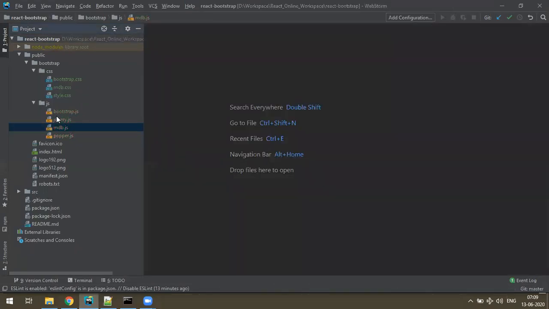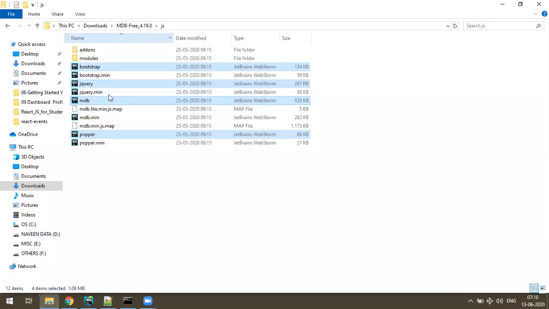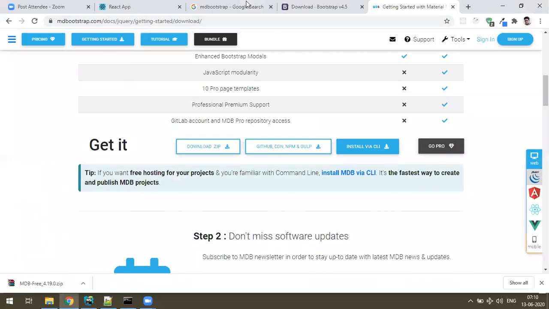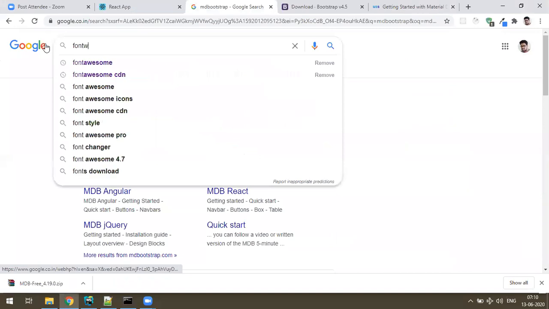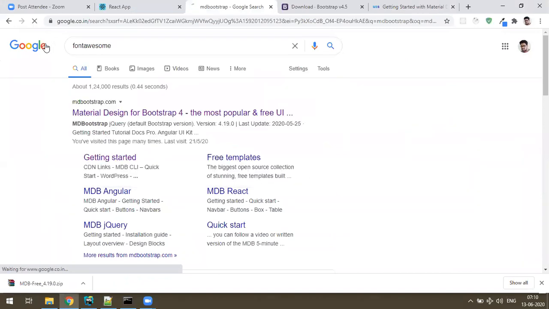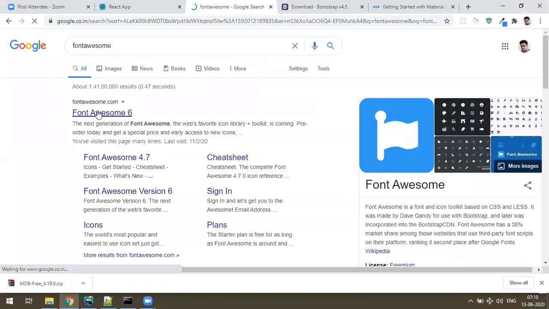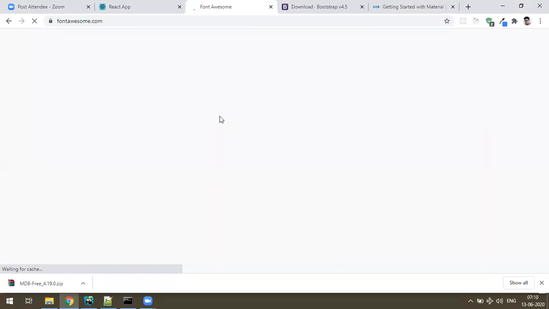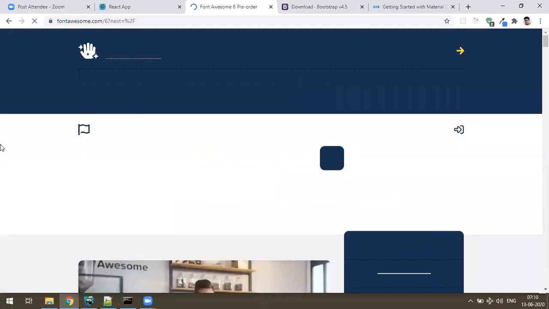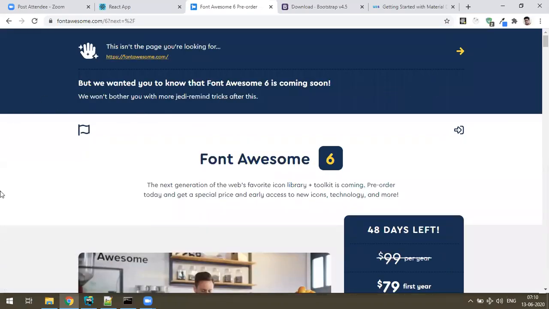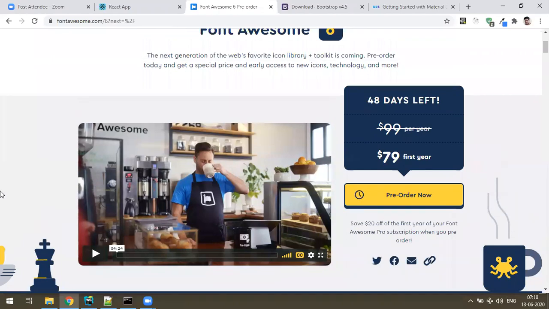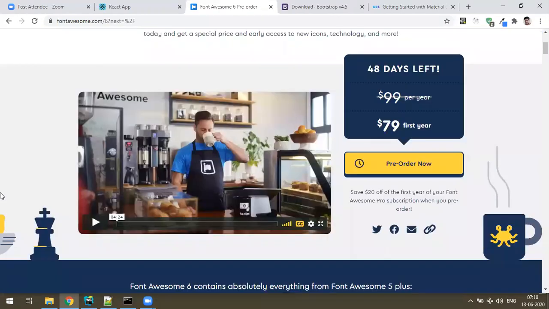One last file required is Font Awesome. You can directly go to the Font Awesome website, and from there you can download Font Awesome 6. Yes, this is the Font Awesome website, but there's a paid one.